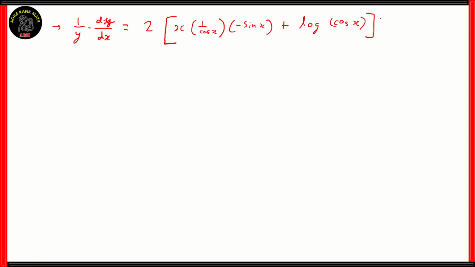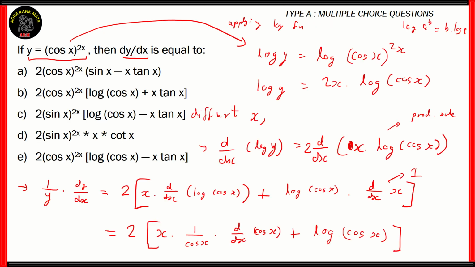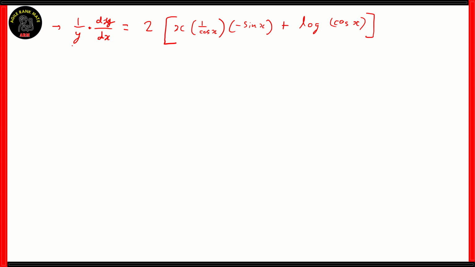Now, what we really need in the question is the value of dy by dx. However, our left-hand side is 1 by y times dy by dx. So y goes to the right-hand side, which means our left-hand side remains dy by dx, which is our final left-hand side. Now, y goes to the numerator, so what we get is 2y outside the bracket, and then inside